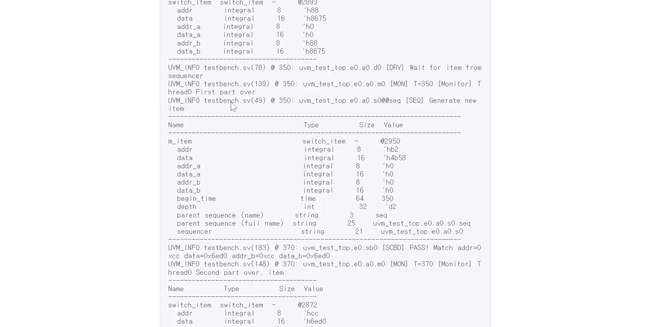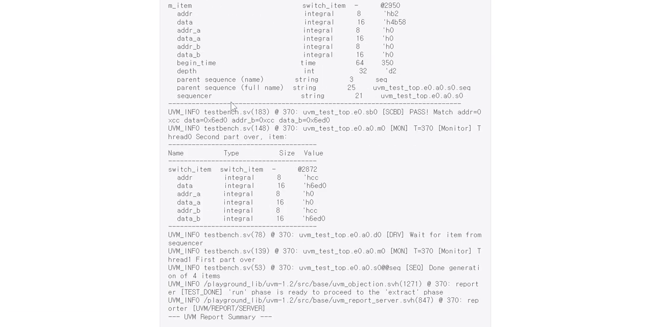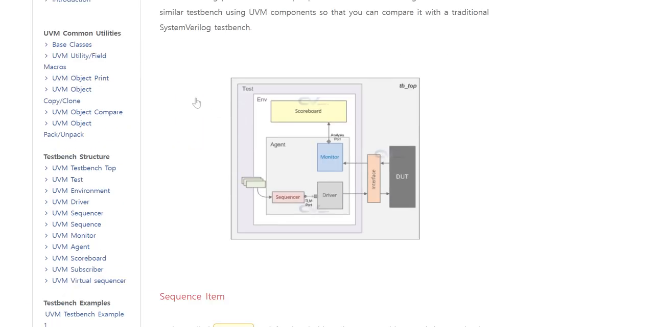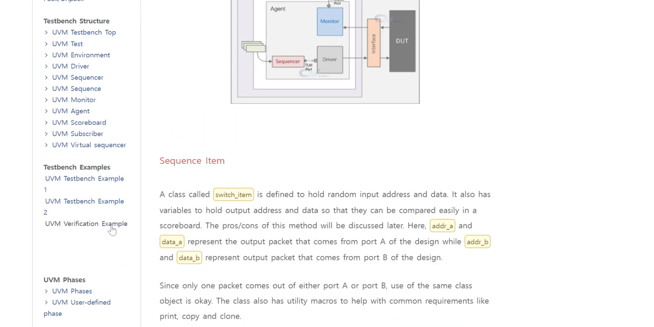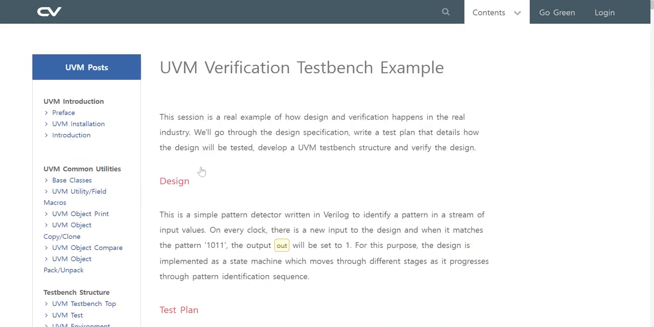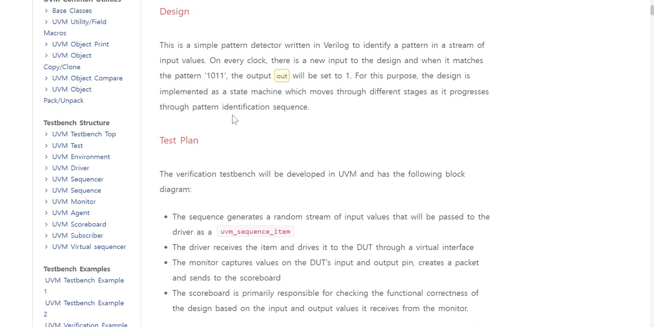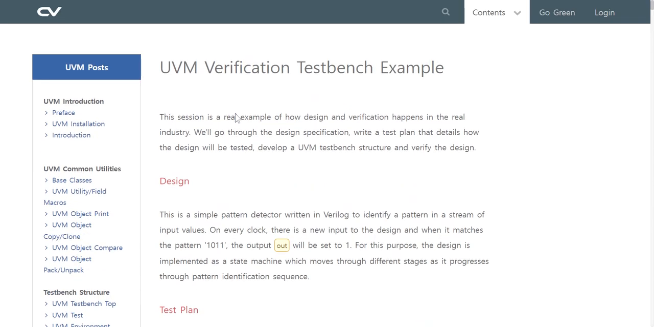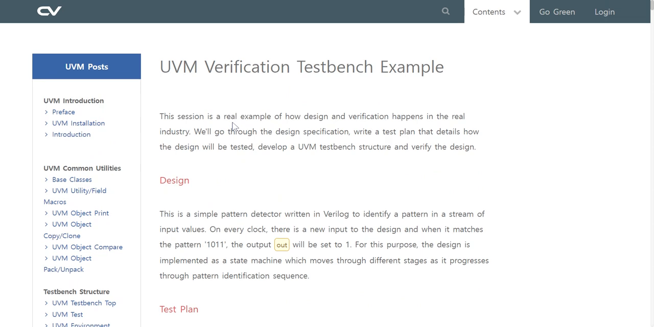This is the simulation log. The next is the UVM verification example. The UVM verification testbench example. This is a real example of how